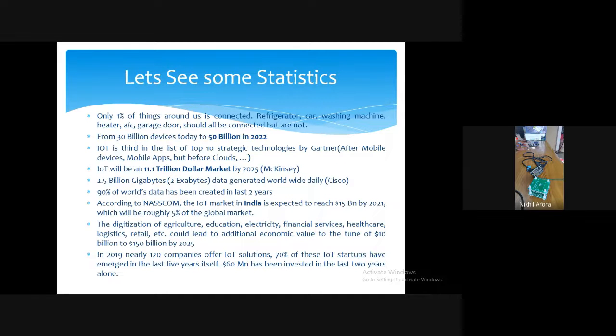So if you see the statistics, currently only 1 to 2% of things are connected to each other. Now imagine a refrigerator, car, washing machine, if they are able to talk to each other, then what will happen? If the outside temperature is 25 degrees, automatically the AC will set to 24 or 26 degrees, so that your bill is less. The washing machine, for the clothes you have kept, detects that the detergent you are using is not so good, and it may tell you, as per this cloth, this detergent is not good. You are putting a woolen cloth, you should use soft detergent. If you are putting jeans, the detergent is different.